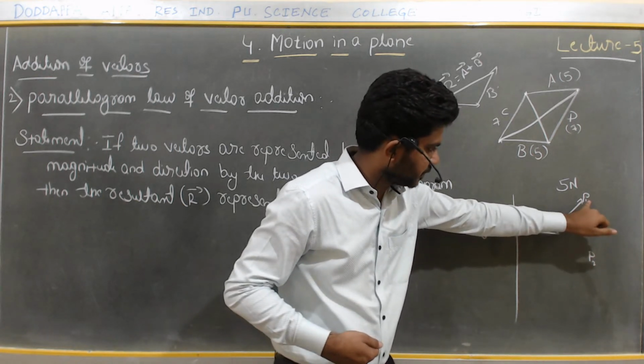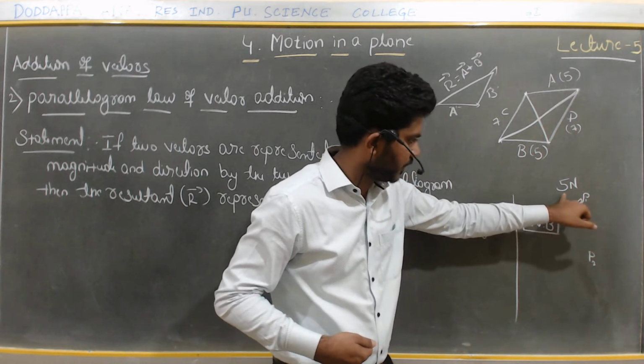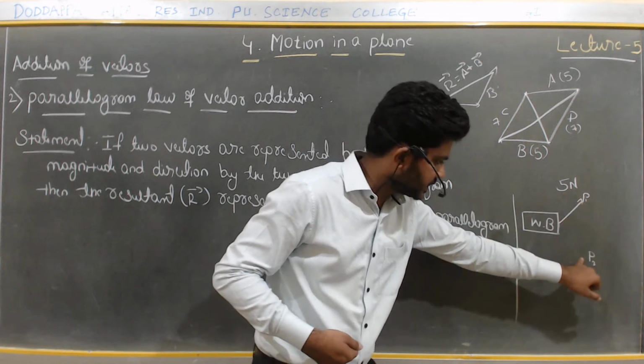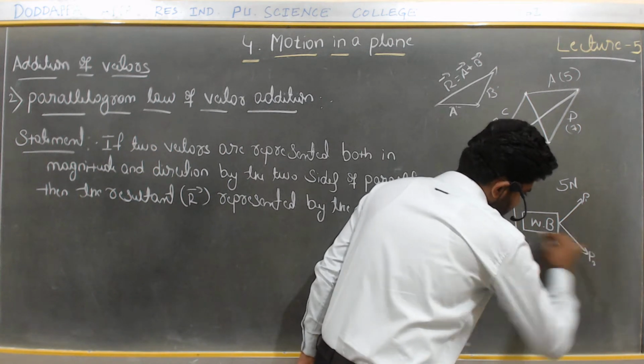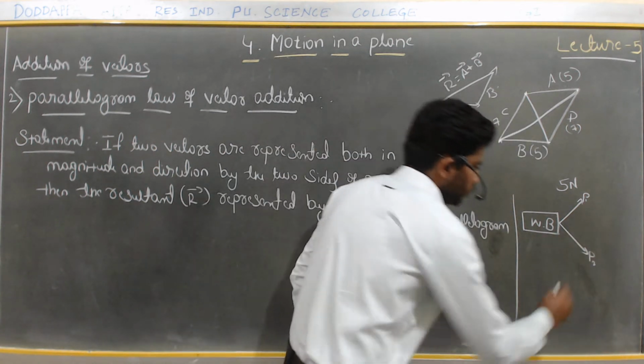At the same time, while person P1 is applying this 5 Newton of force, person P2 also pulls the wooden block in this direction with the same amount of force, which is